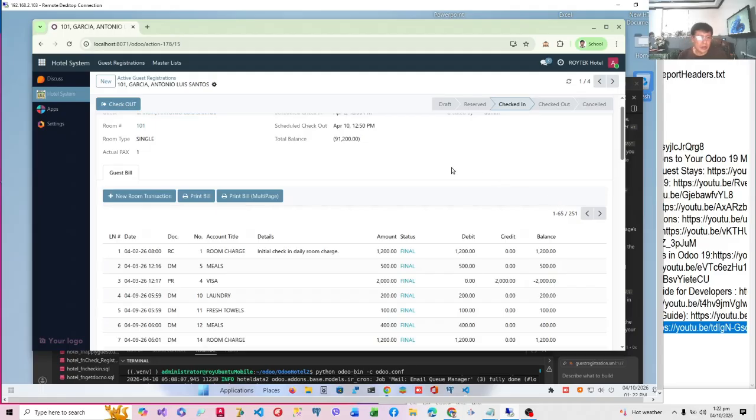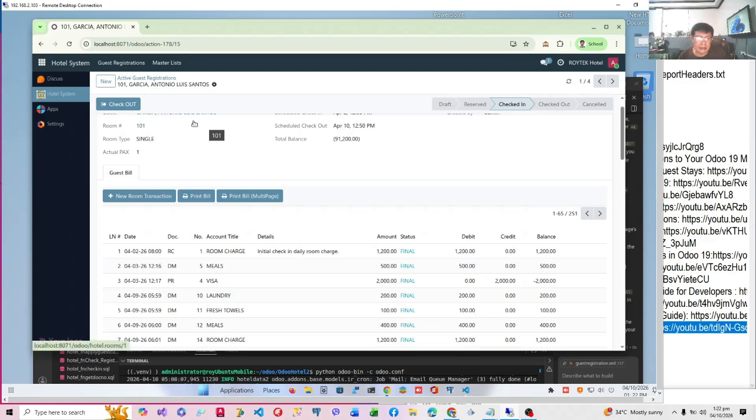Okay, so I'm going to print the multi-page bill with a different button so you can have a copy of the original bill. Then I'm going to have a separate XML for the multi-page guest bill. We will call it guest bill 2.xml. Now, in terms of large reports, QWeb alone is not enough. You will have to use your Python in order to configure your pages.